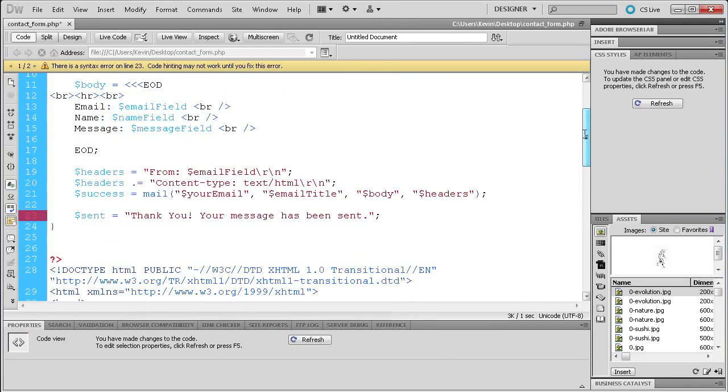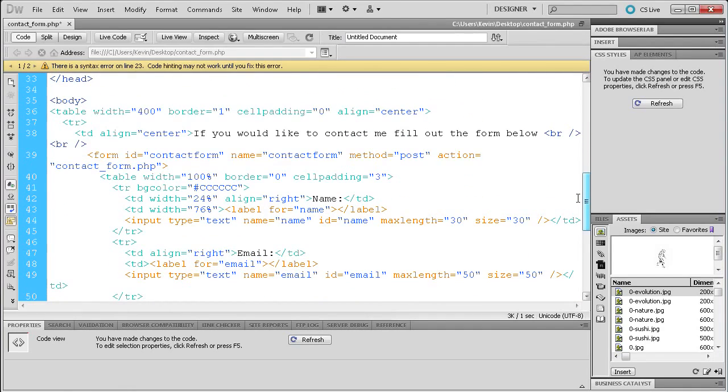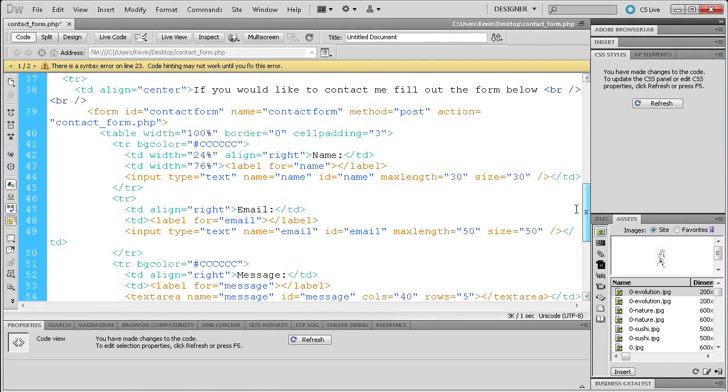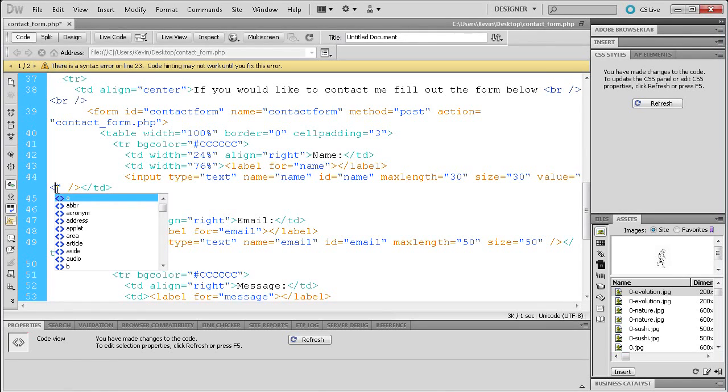But the first thing that we're going to do is put some PHP code in different areas of the form. Let me just give you an example here. For the text of name, right after size we're going to type value, and then equals two quotes. Inside of the quotes we're going to put another PHP block, basically the same PHP tags we used earlier. So a bracket, question mark, PHP, space,